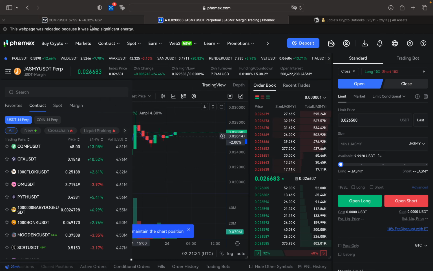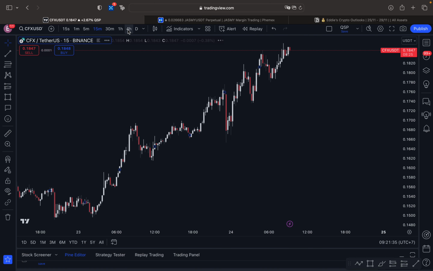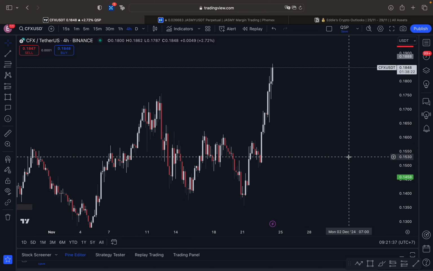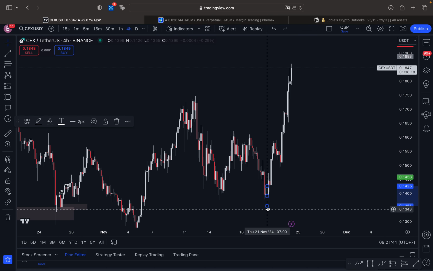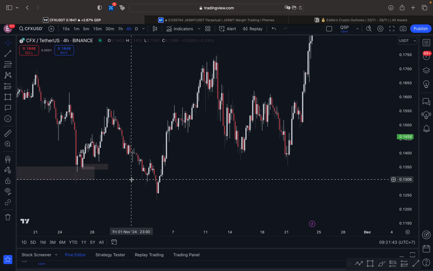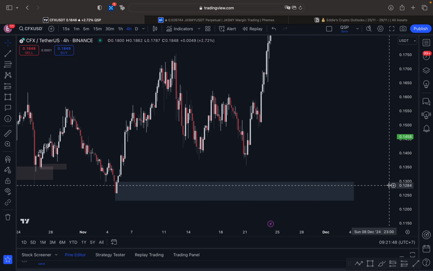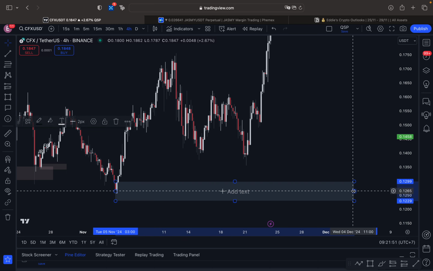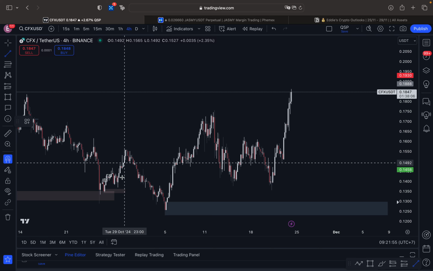Avoiding CFX. This is a good pair to trade as well. Not liking the price action, can't lie. But I do like this area. This is a very good area to trade in. So I'm gonna sell this there. Probably won't hit this week, but